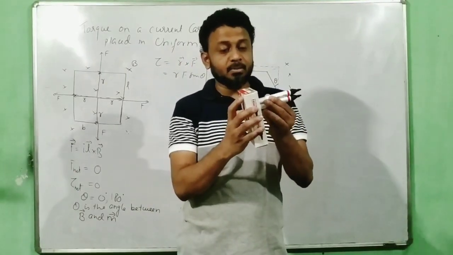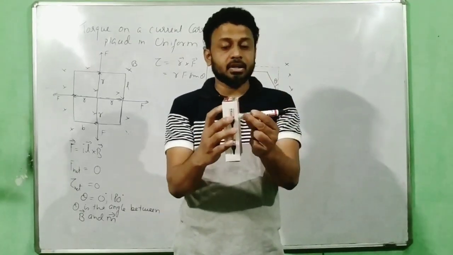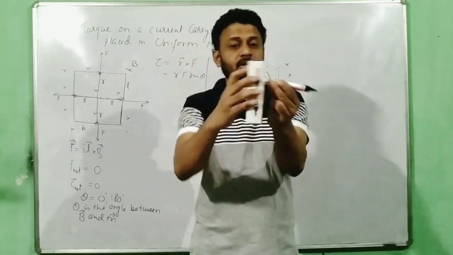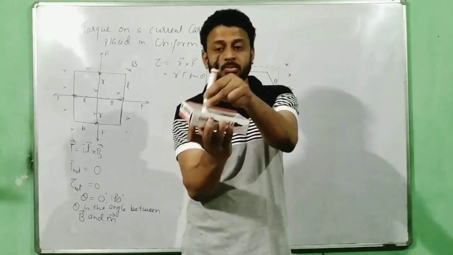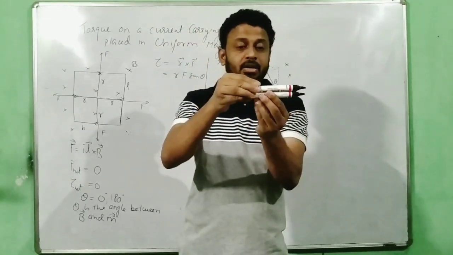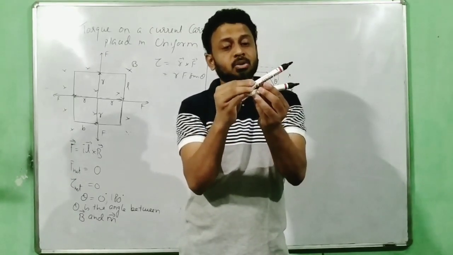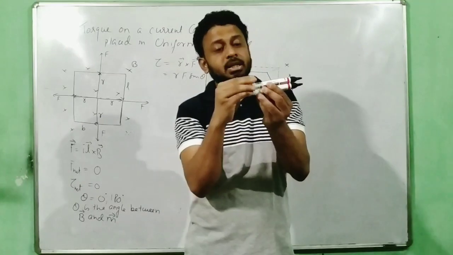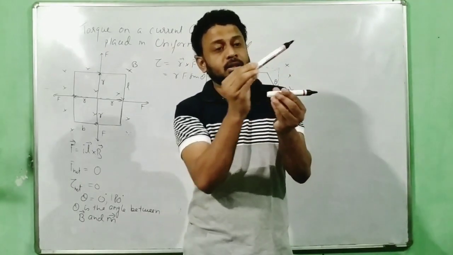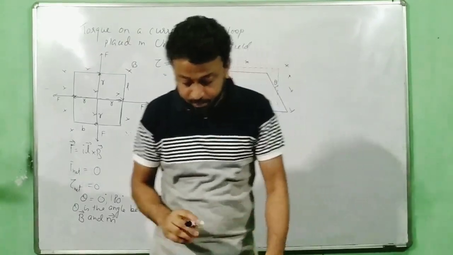Now this one is here, so I am rotating it. If I rotate, this is the area vector. If I rotate it, this will also rotate. See, the area vector is rotating. If this is my field and this is my area vector initially, and then I slightly rotate the loop, my area vector will also rotate. So if I rotate the loop by theta, I am creating an angle theta between the area vector and the magnetic moment. So that's the reason why this theta is very, very important.